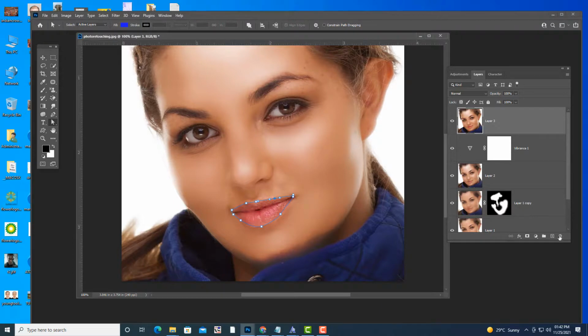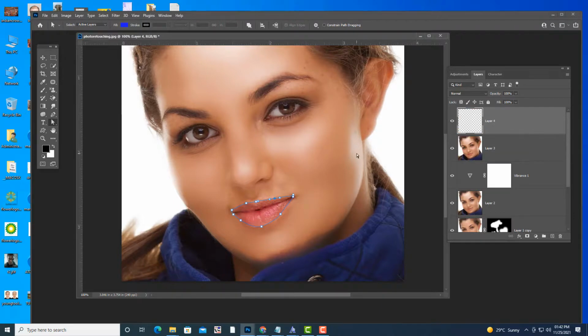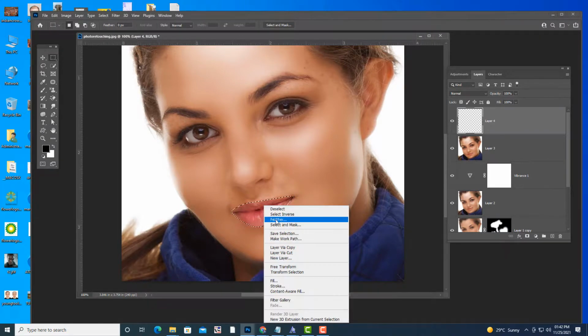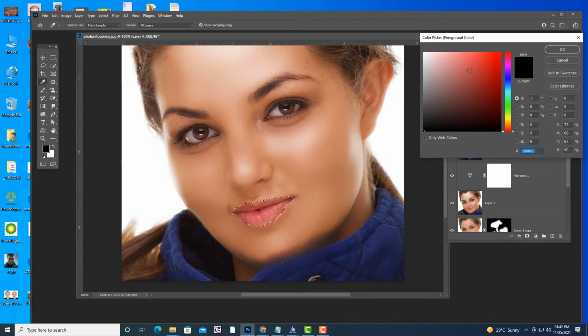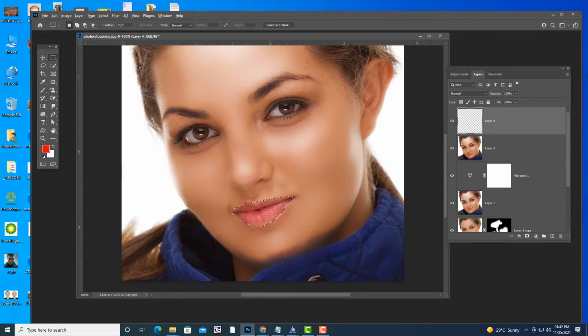Okay, so I have selected, and then what you do? Control Enter. Everybody knows now. Convert path to selection, and then feather. We'll give some feather value, and then we'll use a red color, Alt and Backspace. Okay, so here we got it.